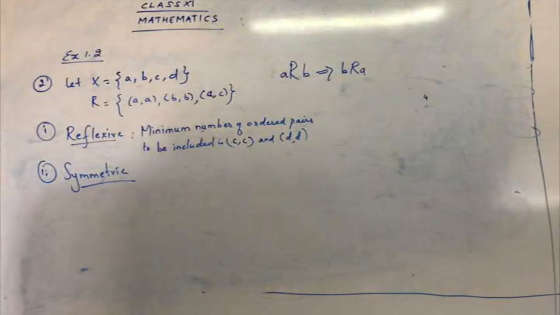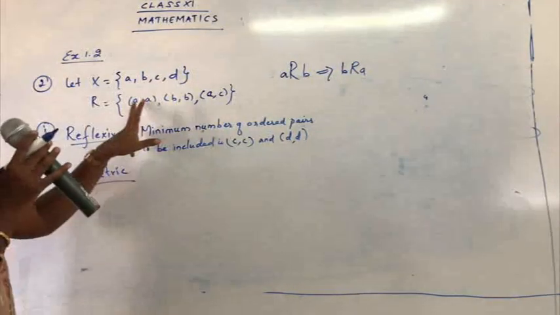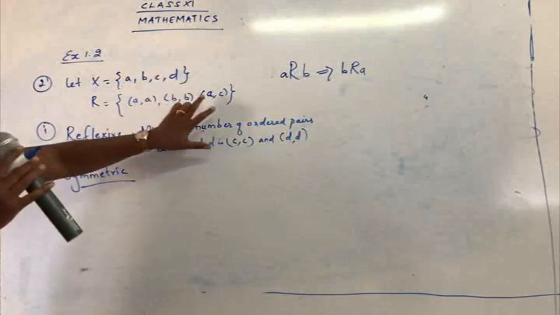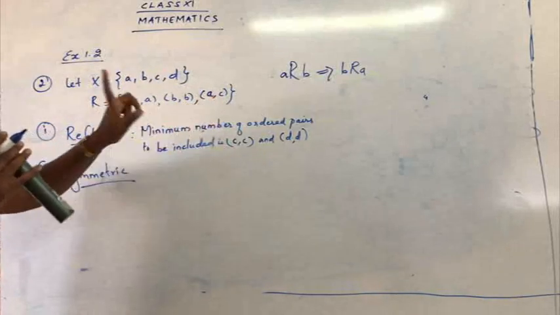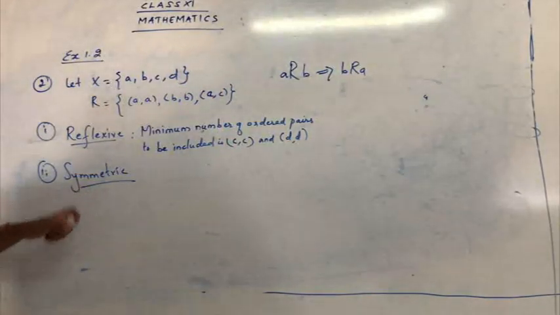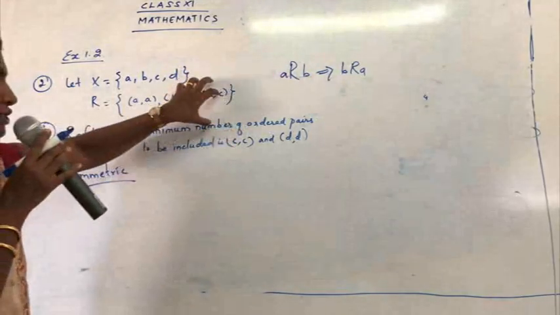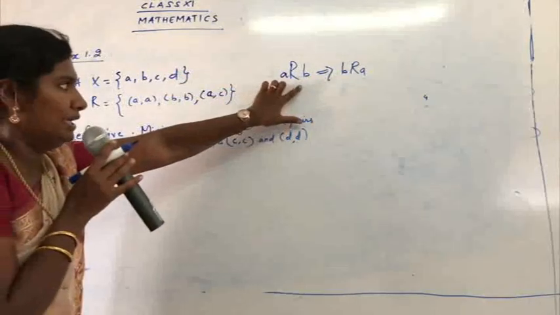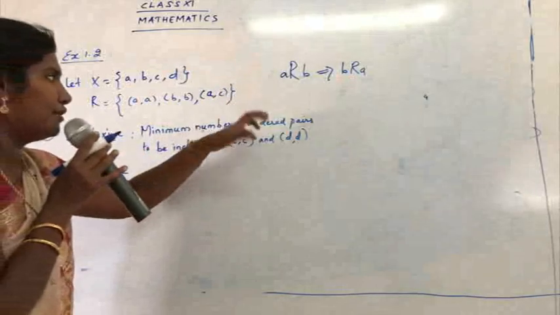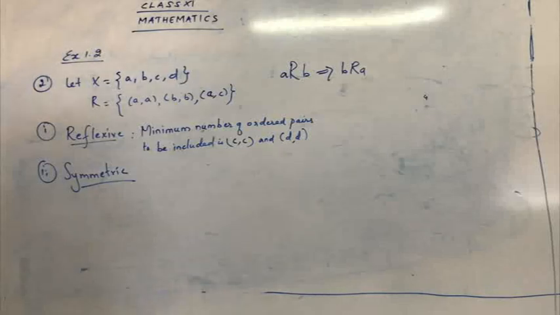For the symmetric part, we have to choose 2 elements. So now just see the pairs with 2 elements. It's AA, it's a single, so we cannot take this one. BB, again it's single, so we cannot take this one. Now see here, AC is present. So if AC is present, what is one more pair to be included so that it becomes symmetric? What is the definition for symmetric? A related to B implies B related to A. So here AC is present. So what is the next pair you are going to add over here? It's C, comma A.